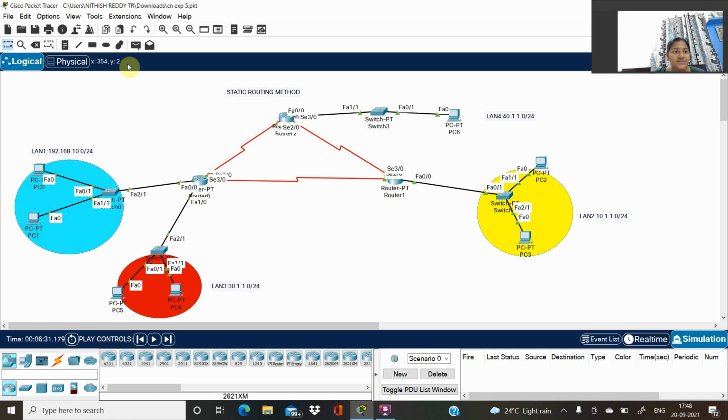Now let us ping from PC0 to PC6, and let's check in simulation mode.